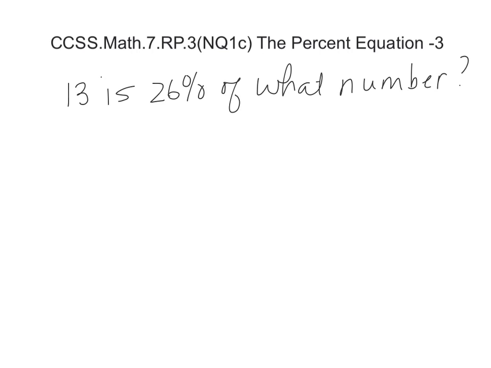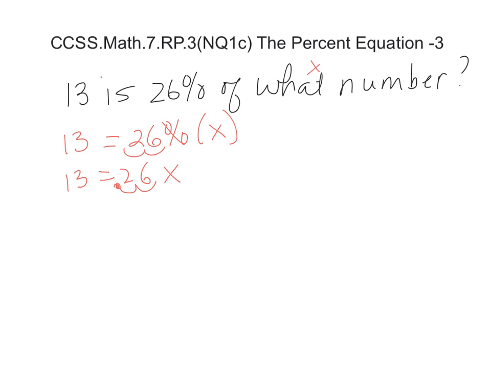Okay, so let's turn this into some math here. We know that 13 is the same thing as equal to. And 26%, we have that percent of what number means to multiply by x, because what number is x? So let's rewrite it: 13 equals 26. And let's take care of this right away. We can divide by 100, so it's 0.26 and multiply by x. I'll clean that up. 13 equals